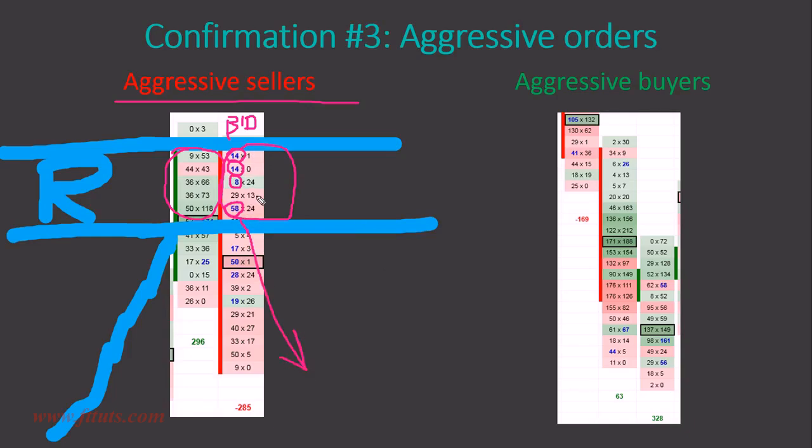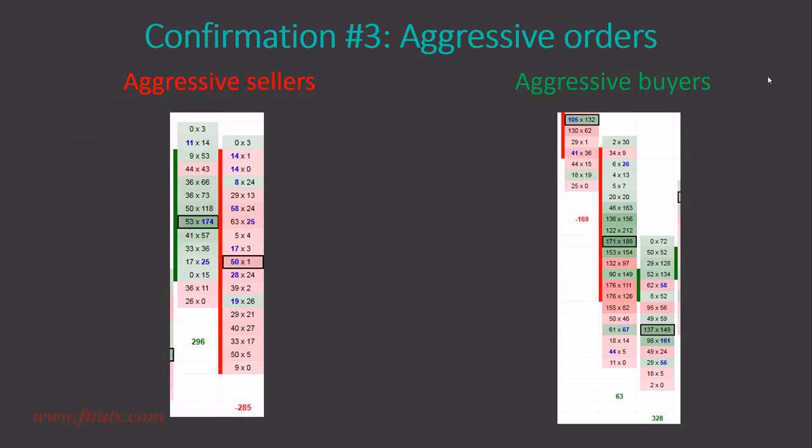Alright, so that's the confirmation you want to see on your resistance zone. What you can also notice is the delta. I'll be talking about delta a little bit more, but in here you can see that it's positive and it's turned into negative. I'll talk about this more in the next slide, so let's just move to the next example,